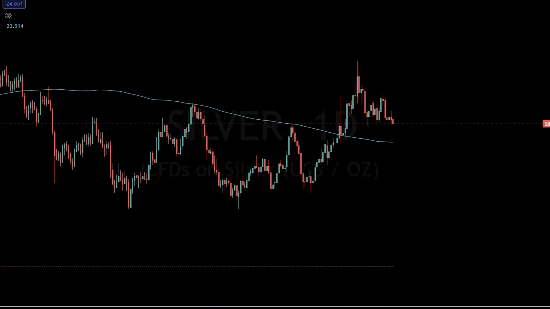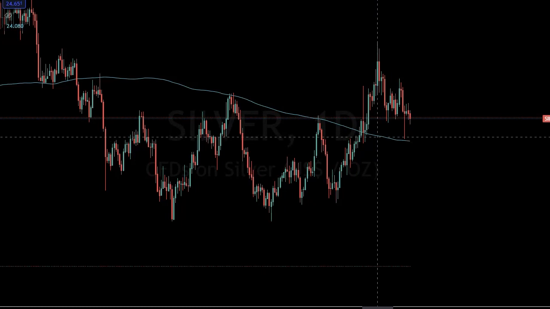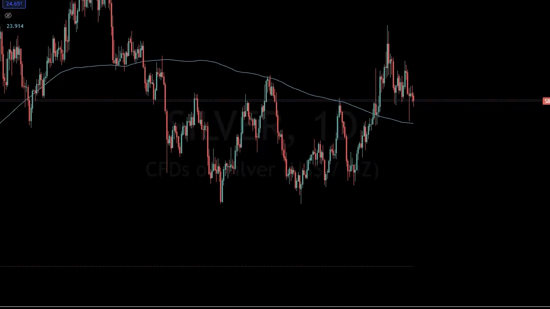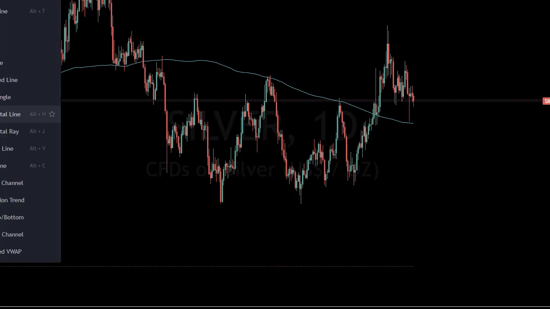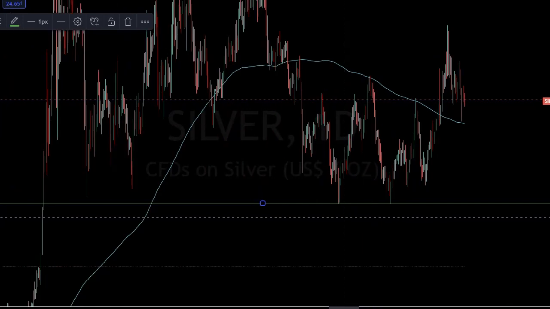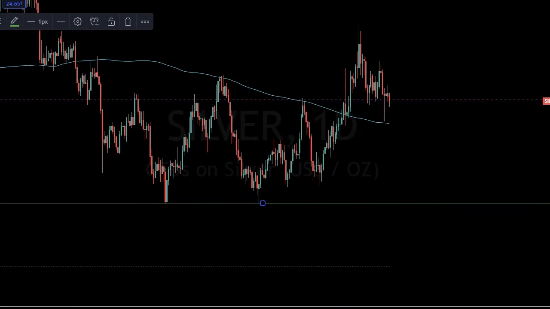into silver. Silver has an interesting chart, and I want you to observe on silver. Here's the thing about silver. I think silver could really come back down to the lows of this channel here. And what makes me speculate that silver could come down here for another triple bottom is the fact that when